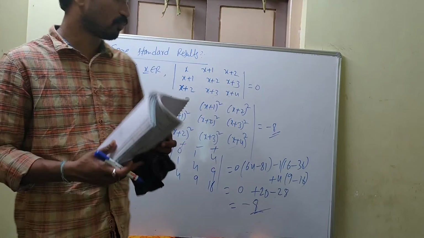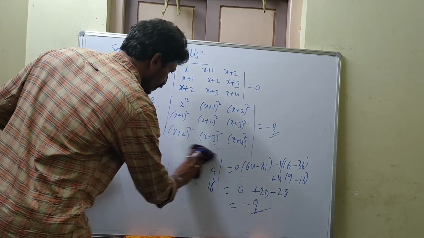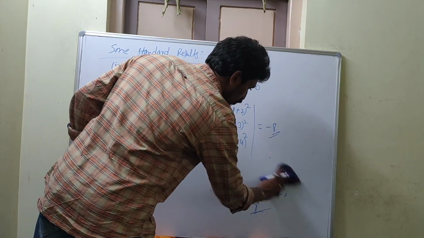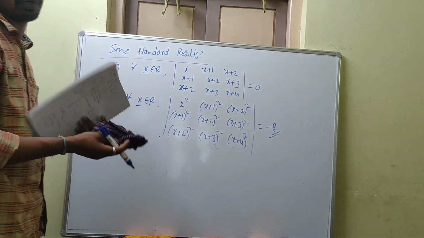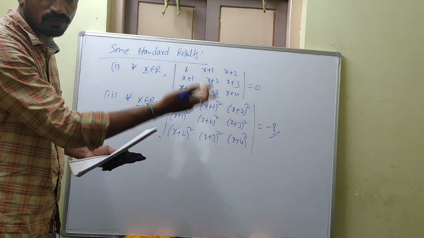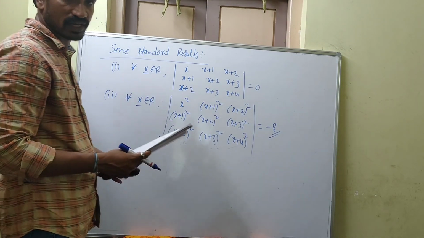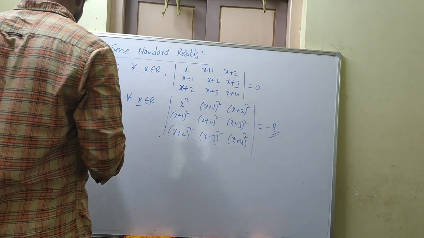Okay, next property: this is always true for any value of x. 0, 1, 2, 3, for our convenience I have taken 0 here. If you want to take 1, 2, 3, 4, or whatever, minus 1, minus 2, 1 by 2, 1 by 3, whatever number you take, you get the same answer. Okay. Next property is very